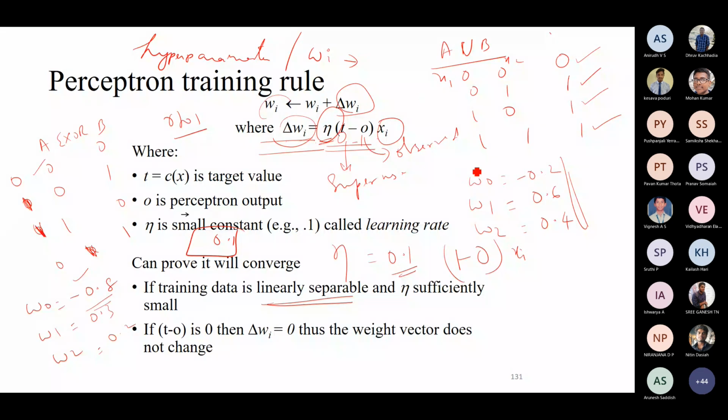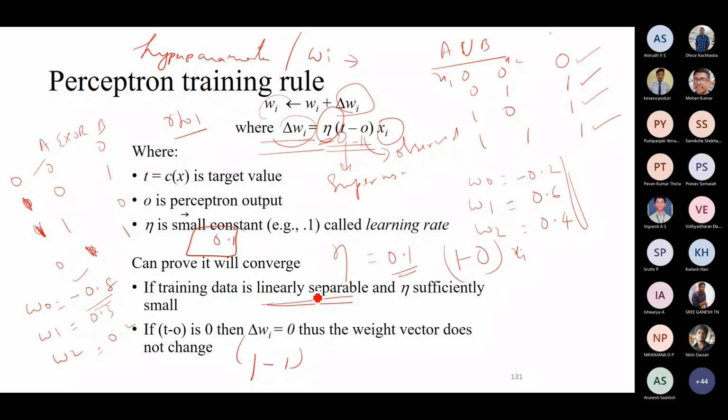So similarly, you have to change this for all your weight vectors. So W0, W1, W2 will be done for all your input. So correspondingly, Wi will be changed. The weight vector of the ith input will be varied in accordance with the learning rate and the input of the ith component, and then using this target and observed. Supposing your target is 1 and your observed is also 1, then it will become 1 minus 1, 0. So there is no change in weight required.